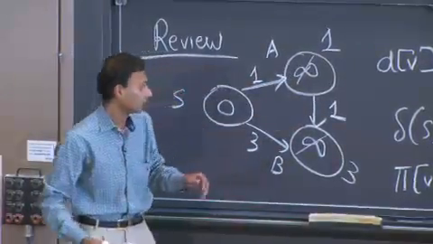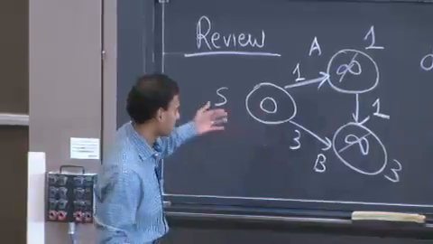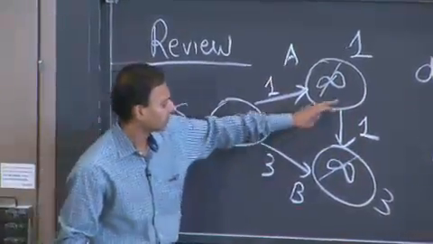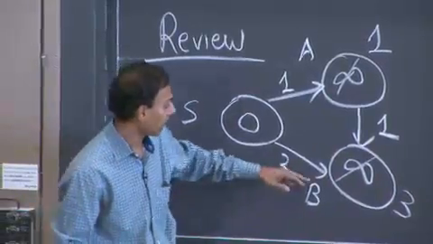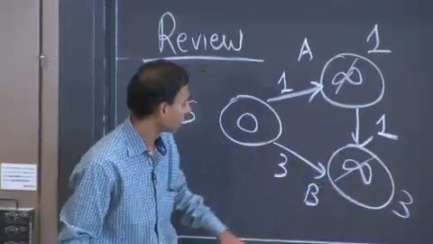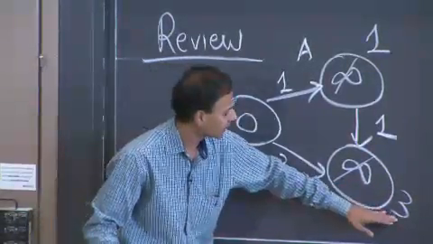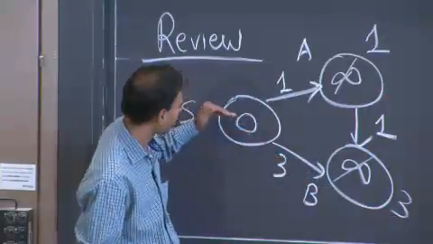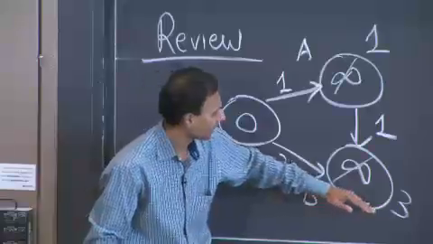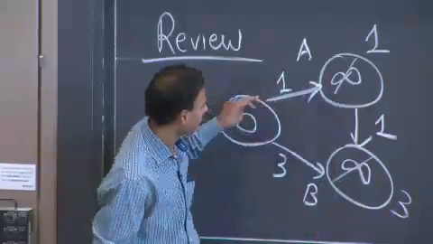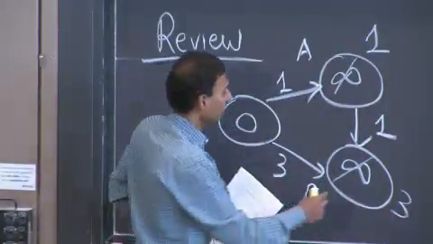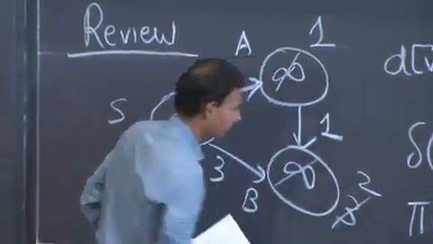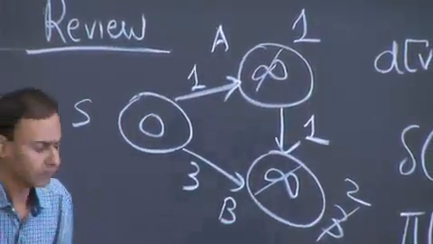At this point, you can imagine that in this example you've found the shortest path to the vertex A, but there is in fact a path of length 2 to vertex B. Right now, we think that the current shortest path to B, after the first step of relaxing the edges from S, happens to be 3. But if you go like so, then you end up with 2. And at this point, you're done.